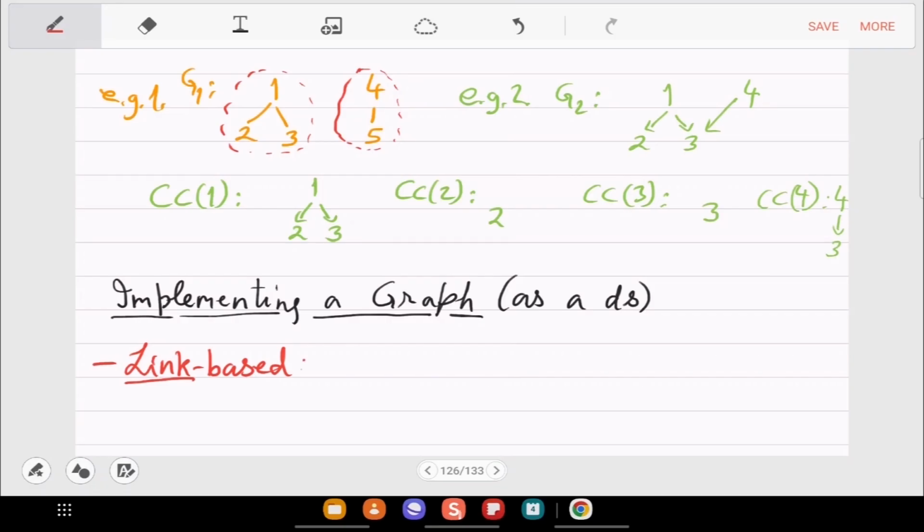So what happens in link based is, have you seen this before? How do you implement a graph as a link or an array? So how do you implement as a link? Yes, so the natural thing will be that in this orange graph, there are n nodes, so there are n starting points.